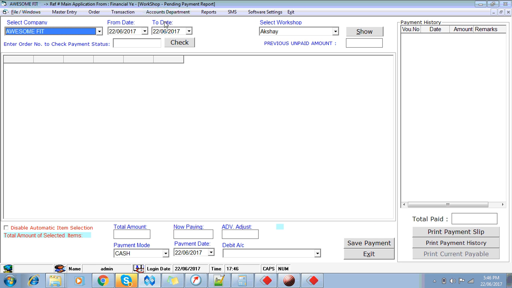यहाँ पे आप कंपनी पहले सेलेक्ट करेंगे, फ्रॉम डेट डालेंगे 01, एंटर। 016 से 22/6 तक आप यहाँ पे दीपक सेलेक्ट करेंगे।